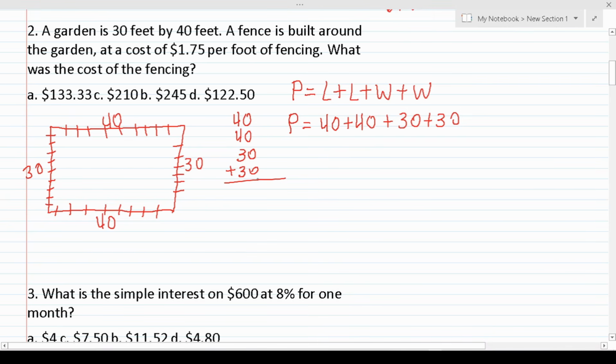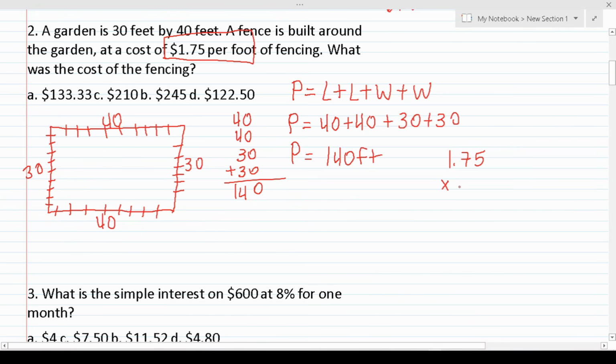All right, all zeros added up is 0. Now we have 4 plus 4, which is 8, 9, 10, 11, 12, 13, 14. Okay, so this is 140. So we know the perimeter of this rectangular garden is 140 feet. In light of the fact that fencing costs $1.75 per foot, and we have 140 feet that we need to cover with fencing, now we're just going to solve by doing